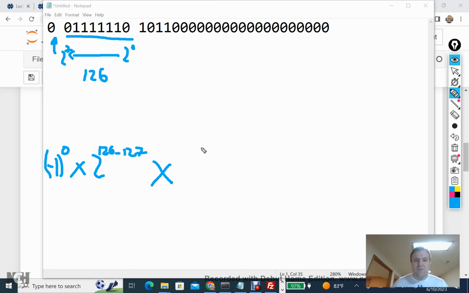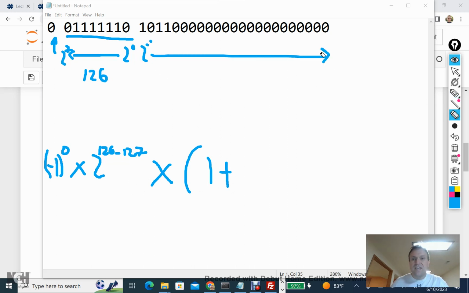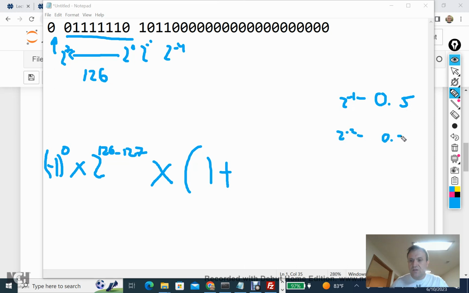And then finally, we're going to have 1 plus the fraction. The way we do the fraction is we start with 2 to the -1, and we keep going all the way over here. For examples in this course, I'm not going to go past 2 to the -4. And it's going to be useful to note that 2 to the -1 is going to be 0.5. 2 to the -2 is going to be 0.25. 2 to the -3 is going to be 0.125. And then 2 to the -4 is going to be